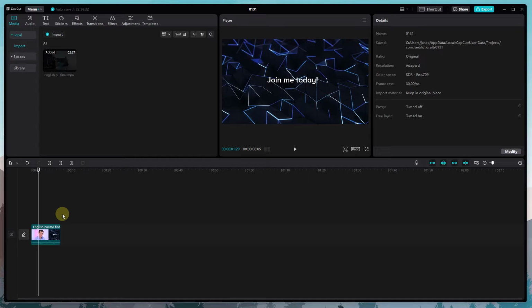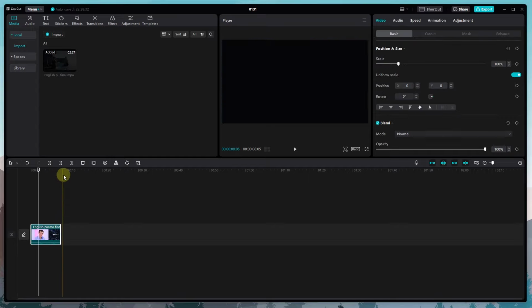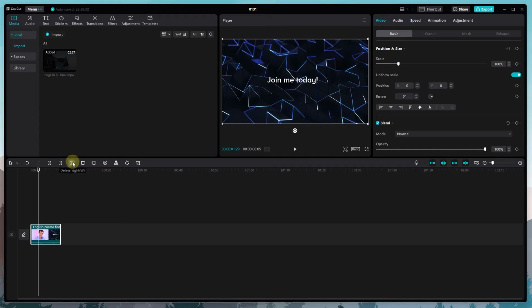So it would be very easy. I would use the shortcut. Using these little buttons, you can still use this, but it's not a convenient thing to do. We have delete, which we can delete. We have freeze. That means it's going to freeze. What freeze does is it's gonna take a screenshot out of it and